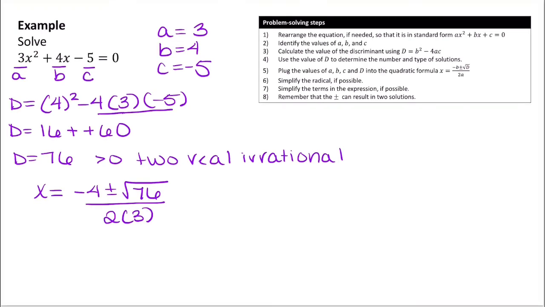So let's now work on simplifying this. The square root of 76, I can actually factor out the square root of 4. So I have -4 plus or minus the square root of 4 times the square root of 19 over 6. Well, that's going to simplify. That square root of 4 is 2. So that's going to give me x equals -4 plus or minus 2 times the square root of 19